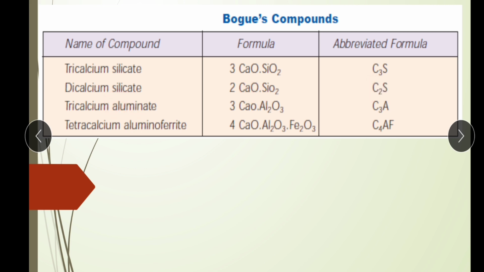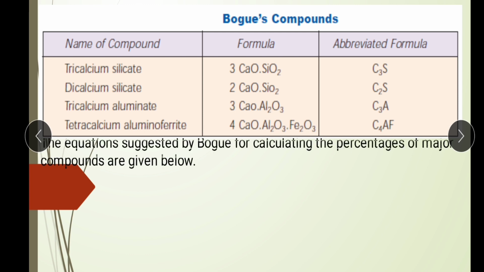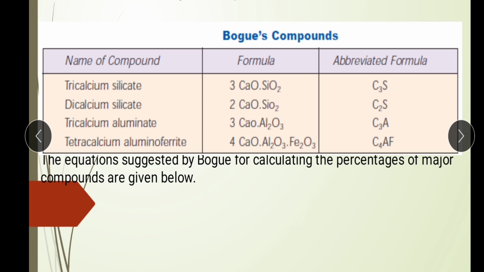So these are formulated to a short formation which is C3S, C2S, C3A, C4AF. These are the short-term formations of Bogue compounds. So next, there are some equations which have also been suggested by Bogue for the calculation of percentages of these Bogue compounds,